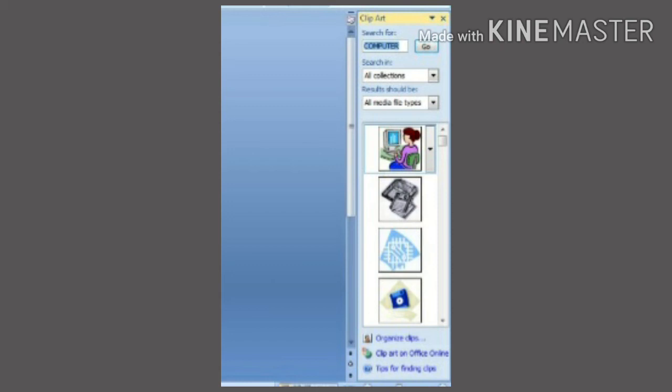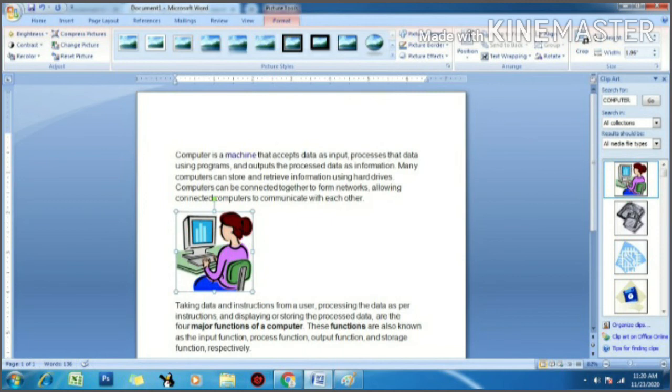Then the related images will show up just like this. From that you can select any clip art that you want to insert in your document. I selected this one and see, it is inserted just like this. So it is very easy to insert objects into our document.